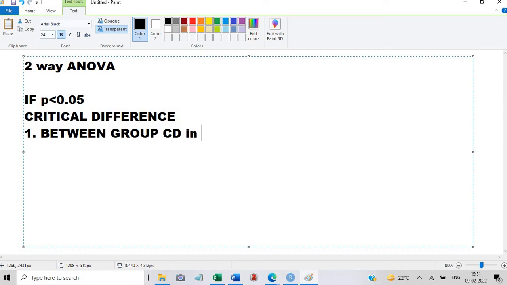Next is between group critical difference in a particular time.